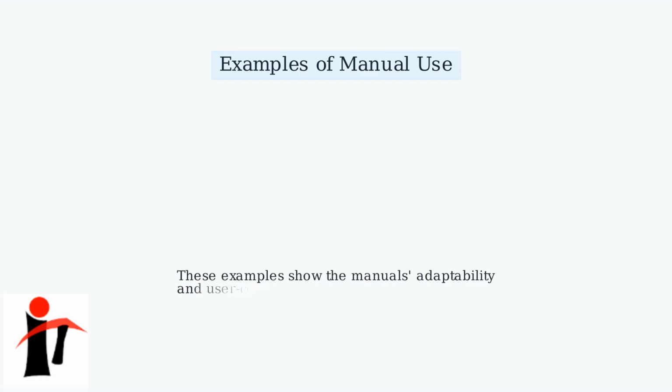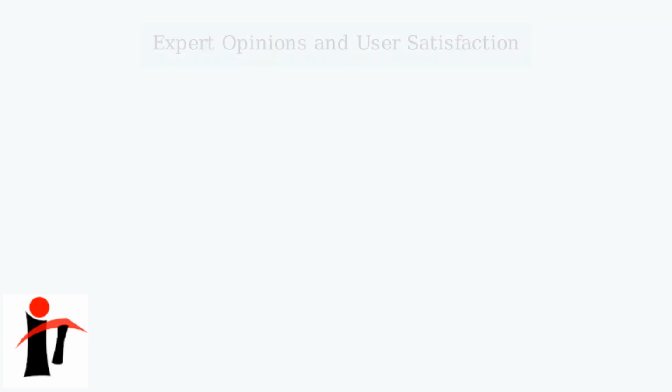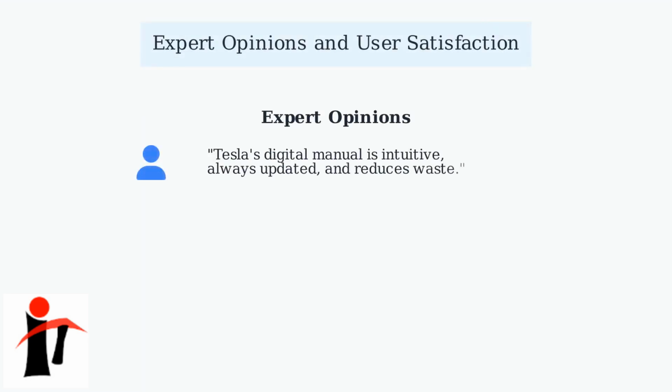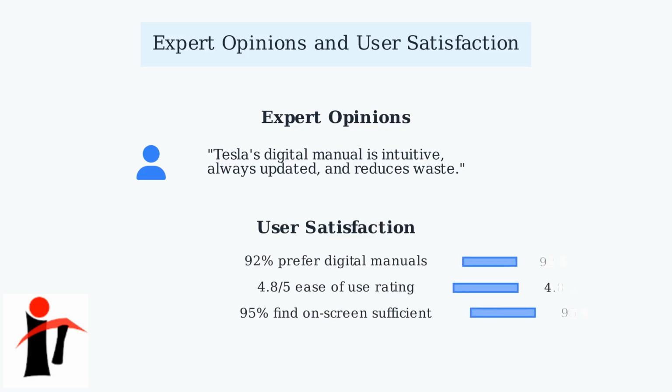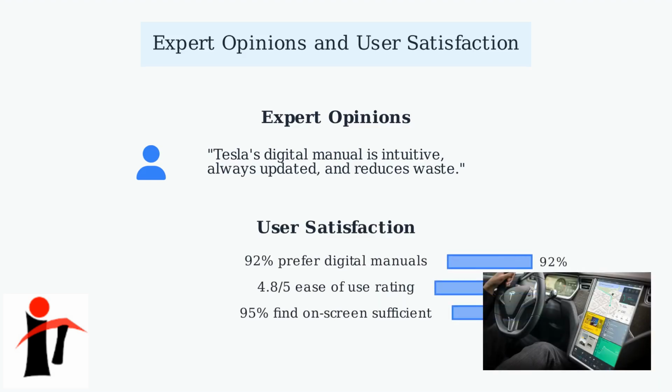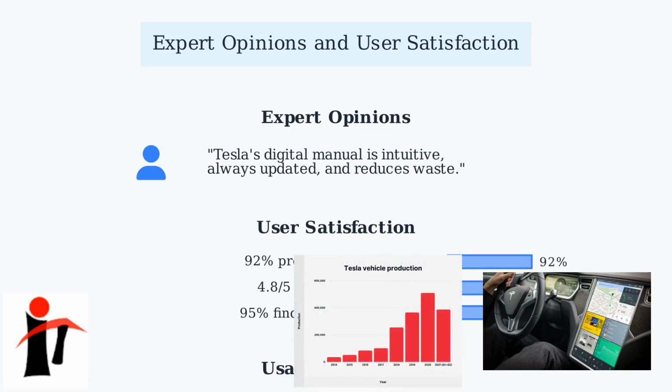These examples, and many others like them, showcase the adaptability and user-centric design of Tesla manuals, making them effective educational tools for owners. Experts praise Tesla's digital manual for being intuitive, always updated, and reducing waste. User surveys show high satisfaction with the on-screen manual, citing ease of use. Tesla reports high annual usage numbers via on-screen access, indicating its success as the primary resource for owners. By adopting digital manuals, Tesla has cut down on paper waste,